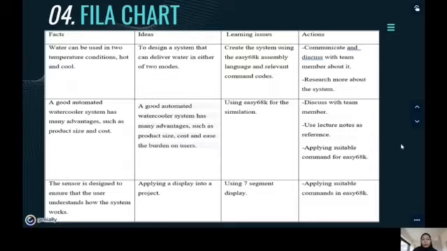Second, for the facts, a good automated water cooler system has many advantages such as product size and cost. The ideas, a good automated water cooler system has many advantages such as product size, cost, and easing the burden on users. For the learning issues, using EZ68K for the simulation. For the actions, discuss with team members, use lecture notes as reference, and apply suitable commands for